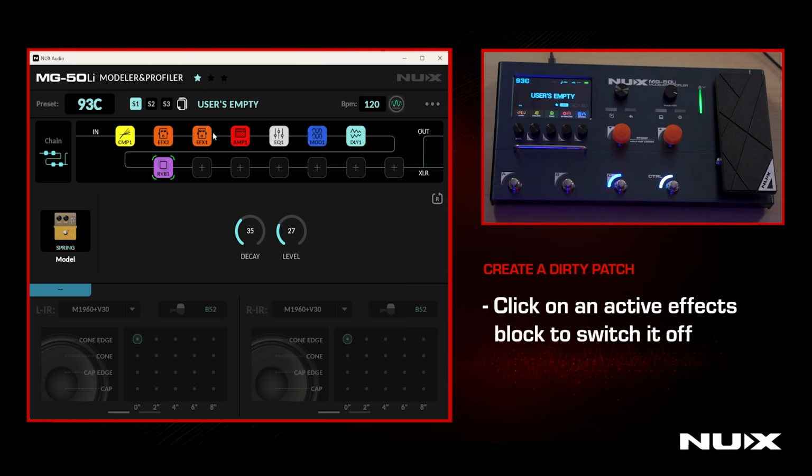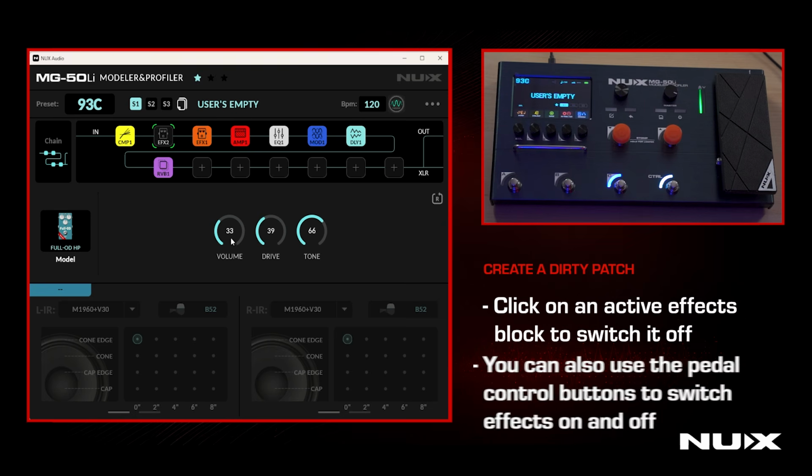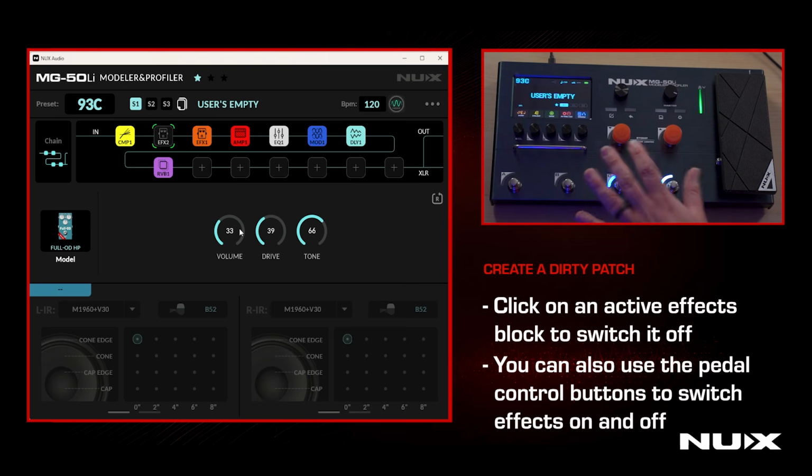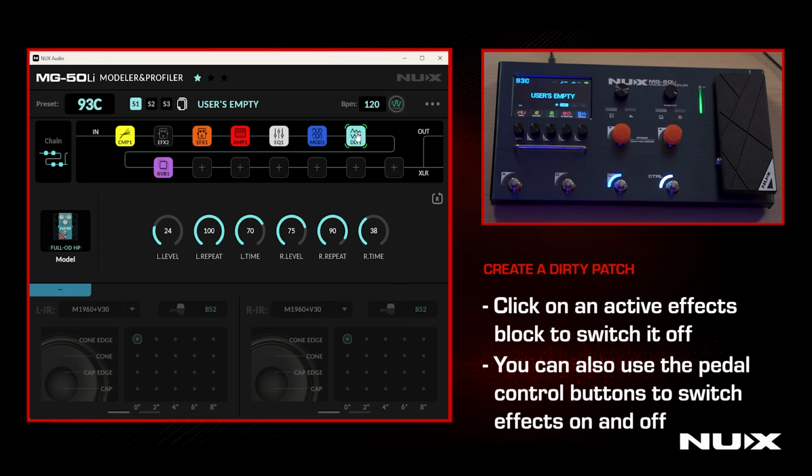When all these different blocks are coloured, this means that they're active. If we click them once, we'll see they black out. It's not active, but it's in the patch. This can be set up using the control functions on the unit to turn them on and off while playing, or click them again on here and they'll be active. If we turn the full overdrive off and we turn the delay off,